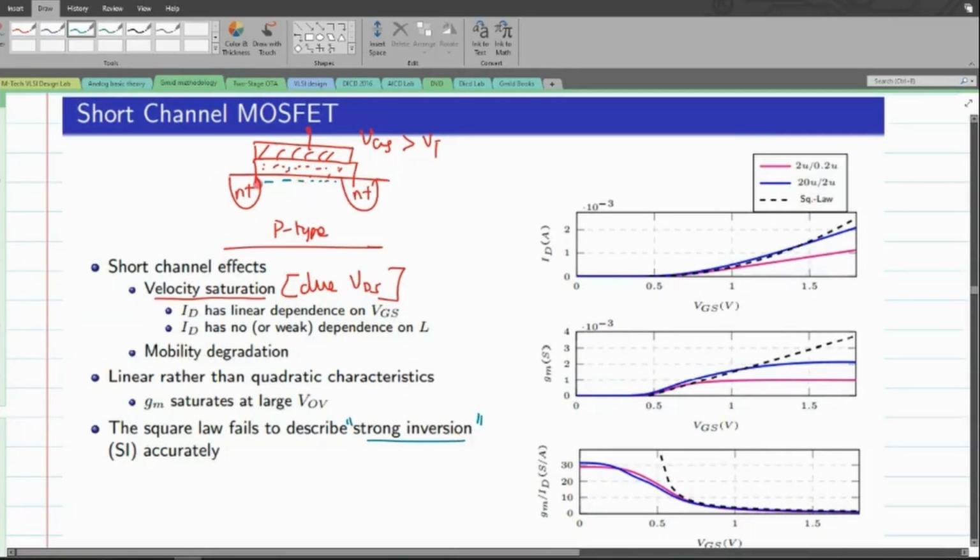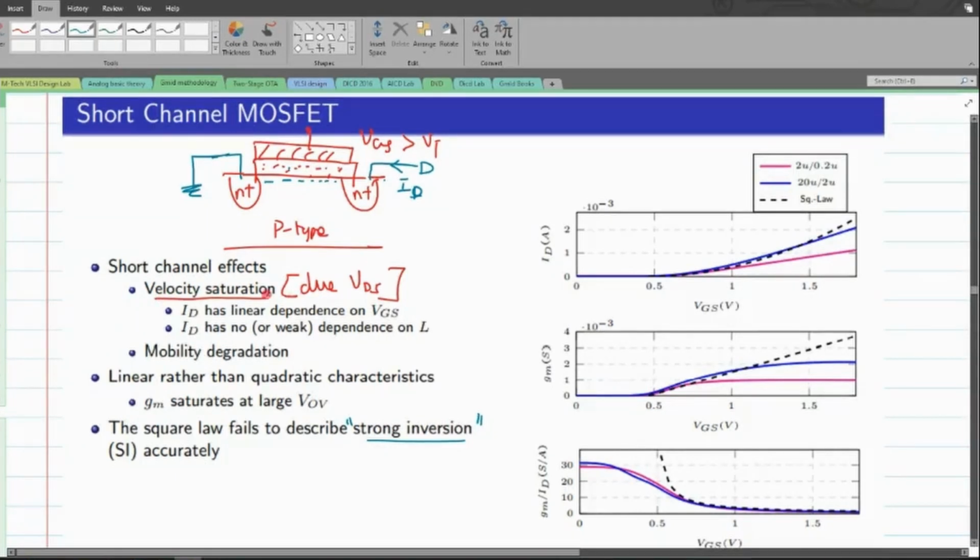So basically, in order to have a current conduction between the source and the drain, we have to have a potential difference between the source and the drain. When we have this, we end up having a current flow from the source terminal towards the drain terminal. So we end up having this drain current flowing from a higher potential towards the lower potential through this strong inversion region. And this strong inversion happens whenever we have the value of VGS greater than the value of VT.